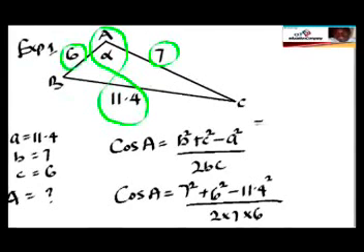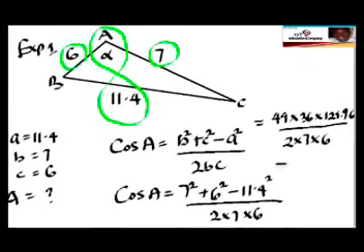This is equal to 49 plus 36 minus 129.96, all divided by 2 times 7 times 6. So 49 plus 36 will be 85,